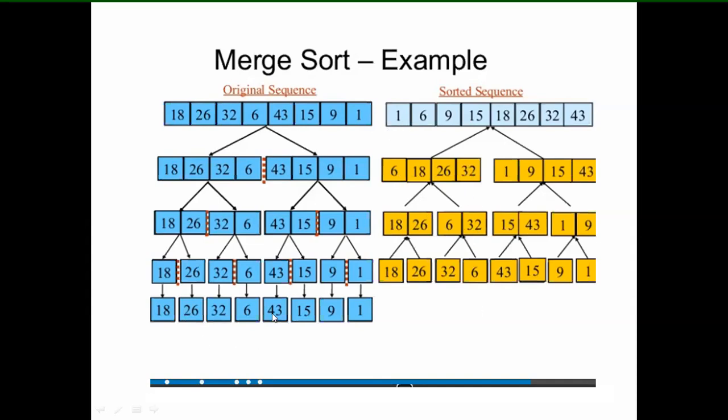In the same way, first we compare 15 and 43, which are not in order, so we put them in ascending order. Then 1 and 9 in ascending order. Then we compare all these and we get this. So these are the two sorted arrays. Then we perform the merging operation. This is for sorting the left array and the right array; first we divide the problem into subproblems, then we perform the sorting operation on the left side and on the right side.